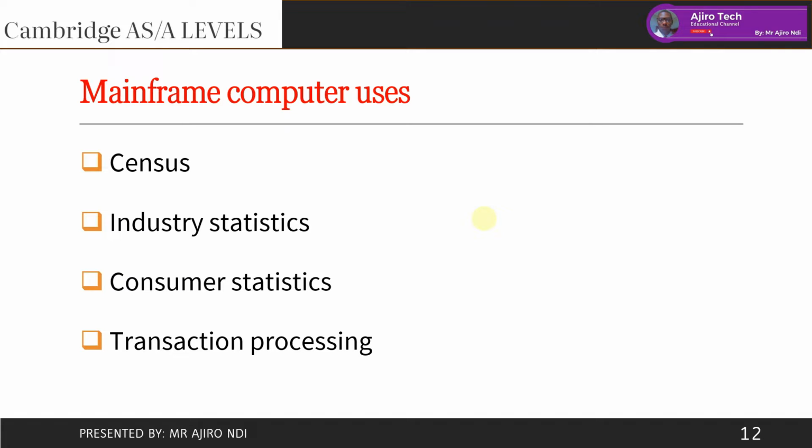So the first use right here is census. Now, census is a term that, when used alone, refers to population census, right? Yeah, that's what comes to mind. A population census is an official survey of the people and households in a country. Now, in the US and in the UK, censuses are being carried out to find out how many people are living